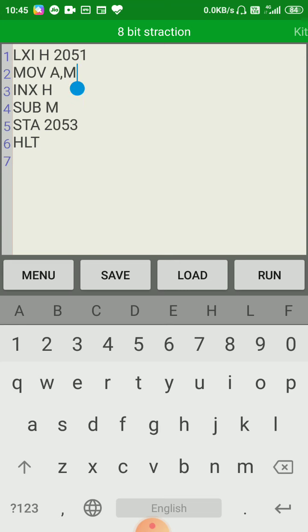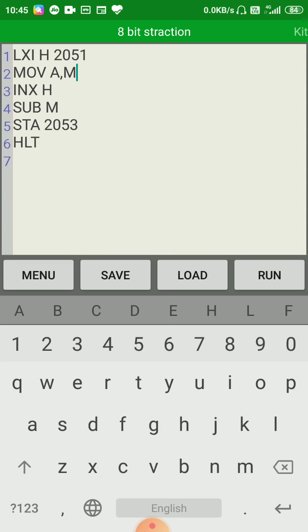After that SUB M, accumulator subtracts data from the memory location. You can understand your first number was already in accumulator.